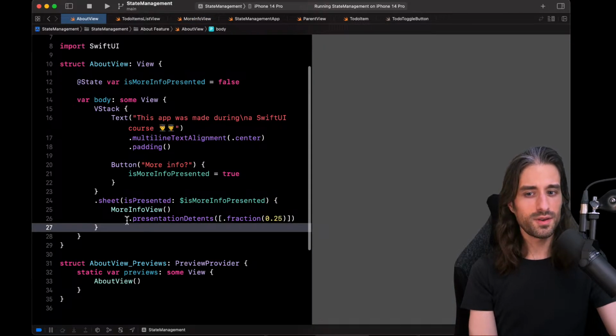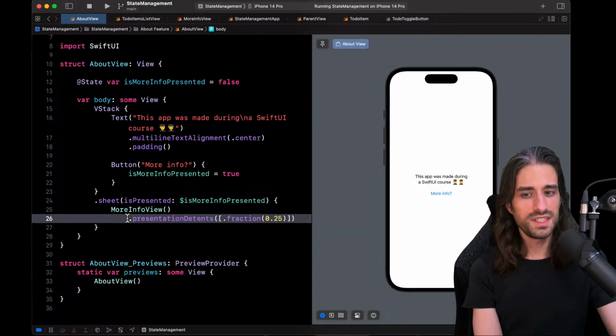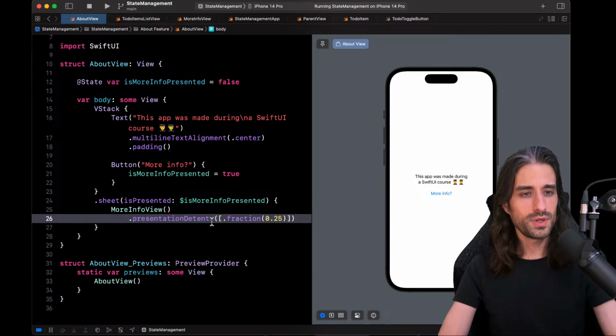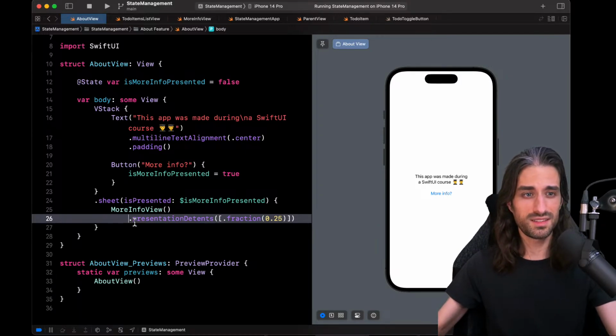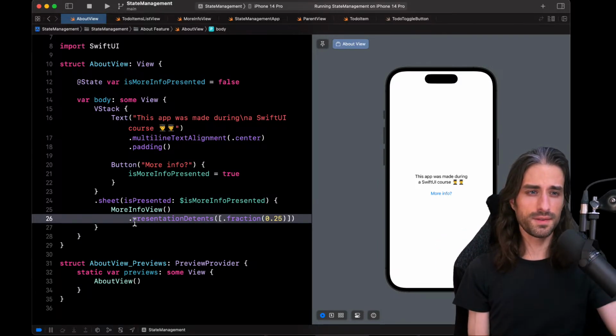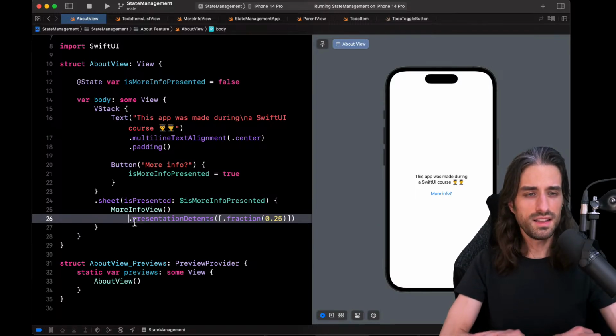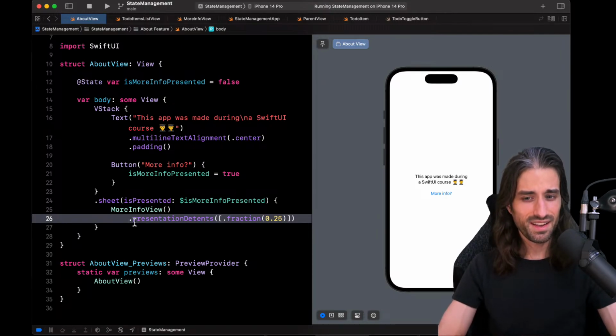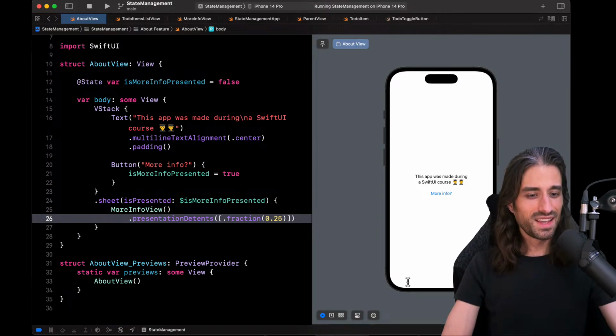And last thing, we saw that in iOS 16, the much needed possibility to have custom detents for the modal, so to not always show the modal over the entire screen, was added, which opens the way to a lot of interesting use cases, and which in some cases is actually a must-have. Having a smaller detent is a must-have for a good user experience, and so it's very nice that SwiftUI finally added this. So that was the recap of what we've seen today.